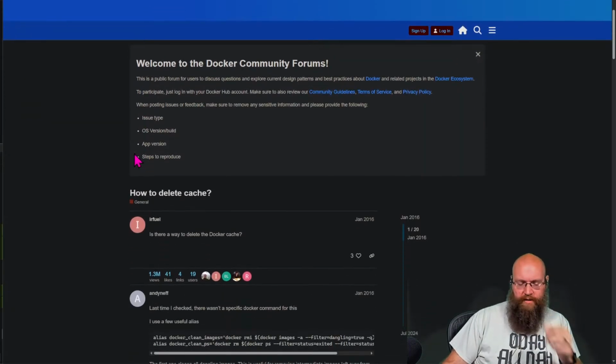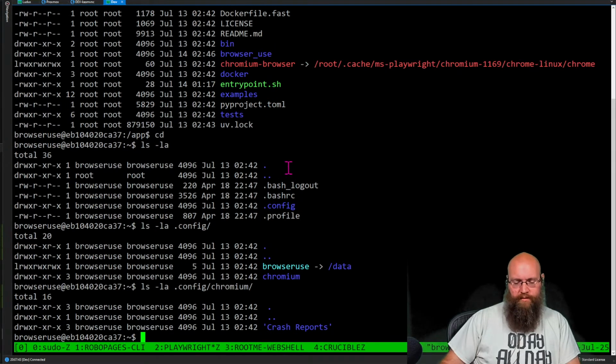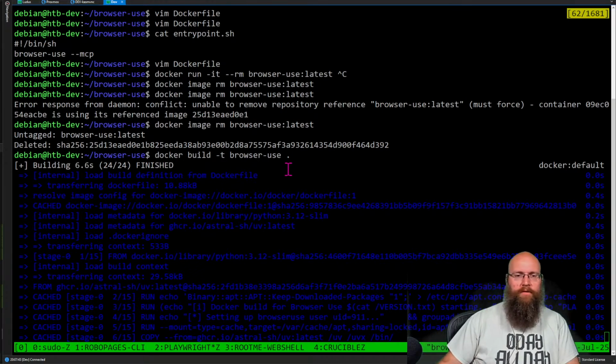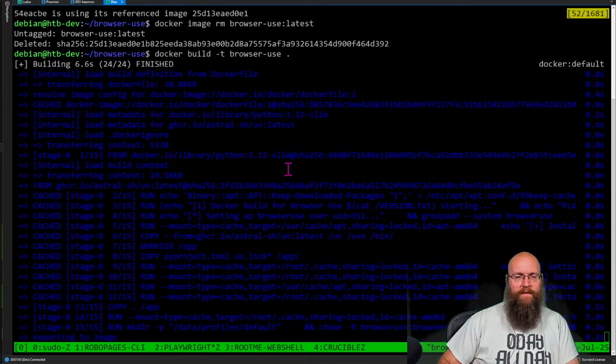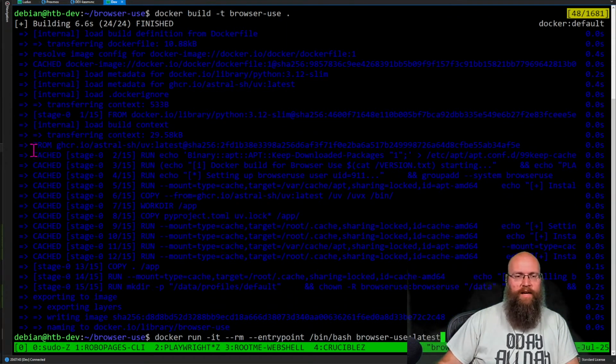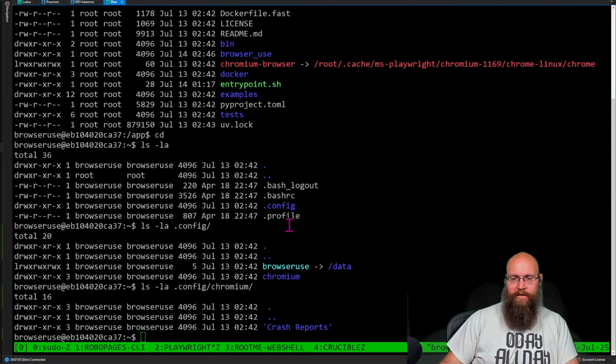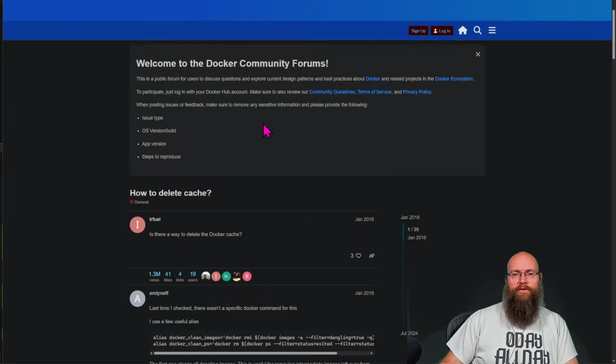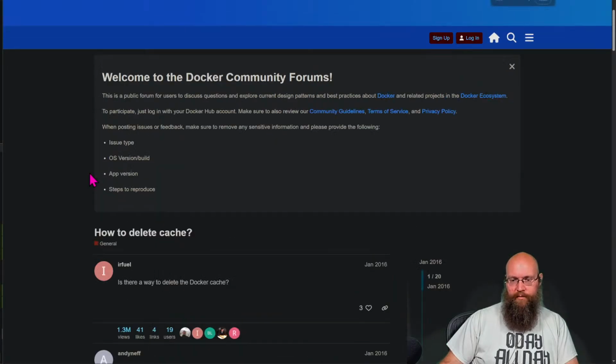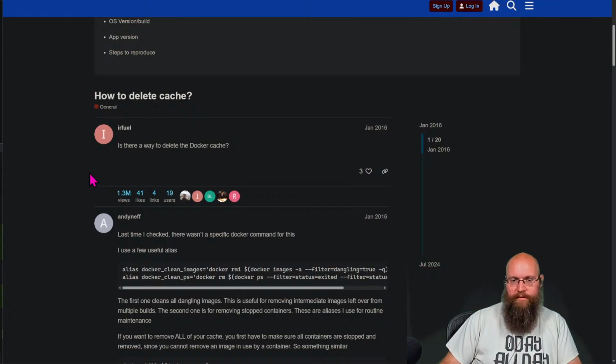Because what's happening now is when it builds, so we come up here, notice how it skipped a lot of these steps, right? All these ones that say cached. Well, cool if they're caching. It's registering what's cached based on what changed in the Dockerfile. We only changed the last line of the Dockerfile. So somewhere in here is where things got jacked up and it didn't install the Chromium browser. So what we're going to do is purge that cache and then try and build it again.